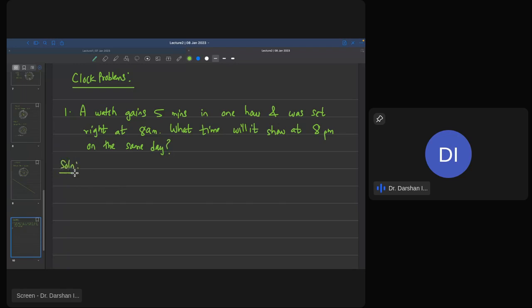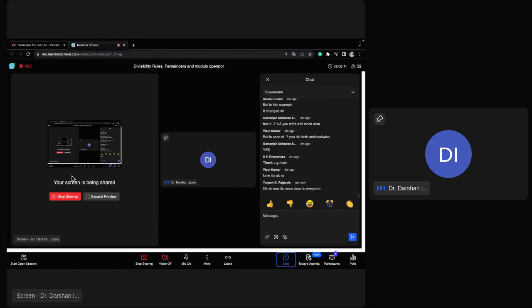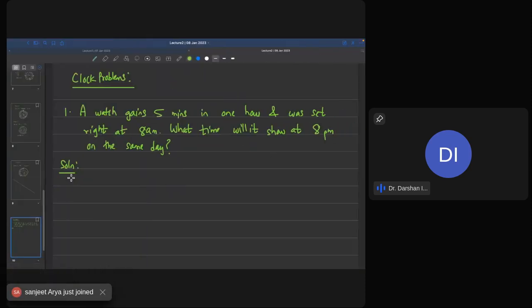First, let me tell you what I exactly mean by the question. Here, a watch gains. Welcome everyone. I'm sorry I committed a small mistake over there and it created a little bit of confusion for you. Happy that it's clear to all of you now. So clock problems. Here we say that a watch gains 5 minutes in every 1 hour, right? So in every 1 hour, this clock gains 5 minutes. What do you exactly mean by gains? So if it is 8 a.m. right now,